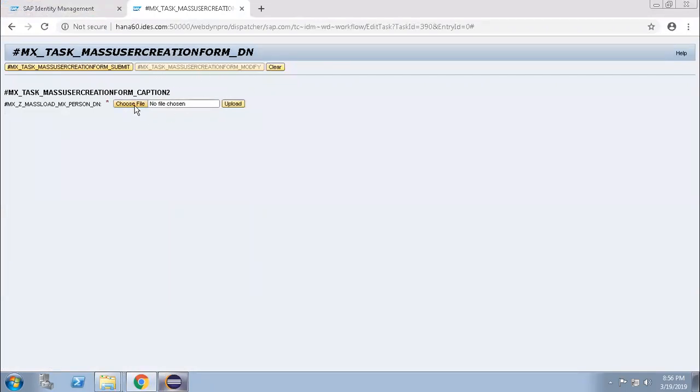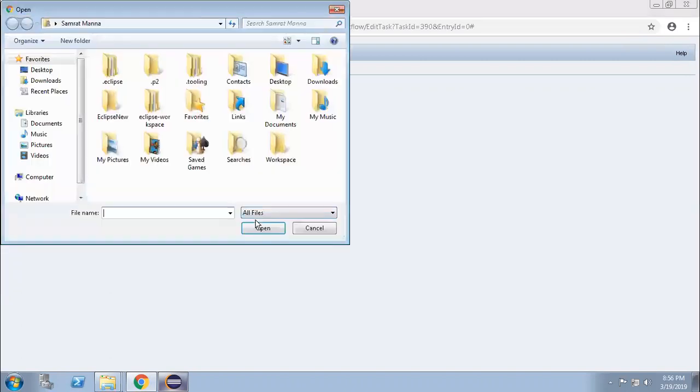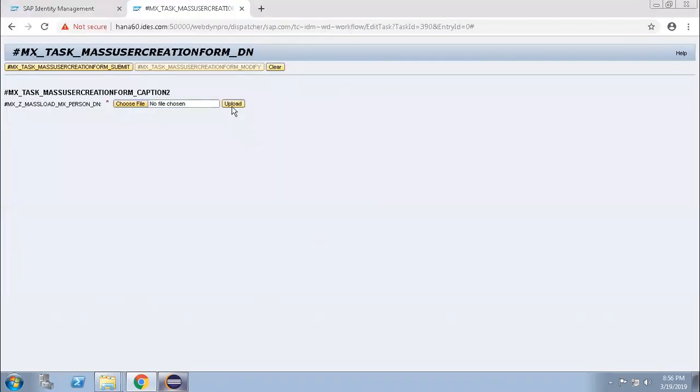Here you will see the file upload option over here. Once I click on file, you can upload it from your local drive. To upload it over here, click on upload and click on the submit button.